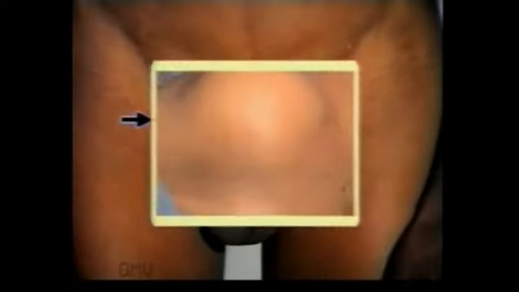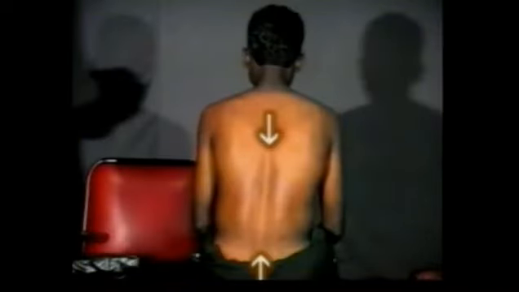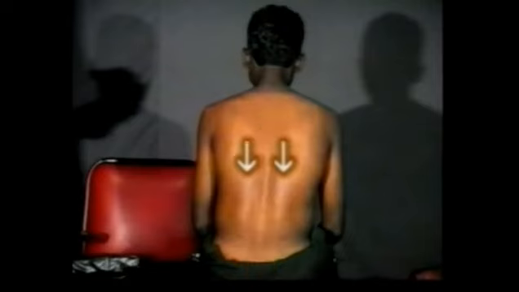If the lump is arising from the pelvis or is very large, inspect the legs for edema. Then ask the patient to sit and, standing behind the patient, inspect the spine for any deformity, gibbus, kyphosis or scoliosis. Inspect the paraspinal area for any paraspinal swelling or sinus. Paraspinal sinus or scar is very suggestive of tuberculosis of spine.